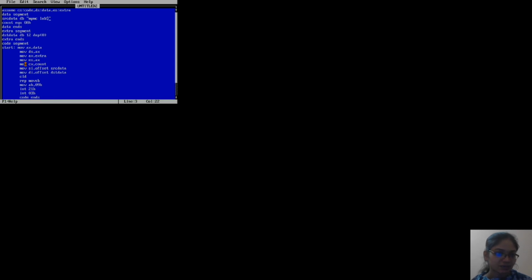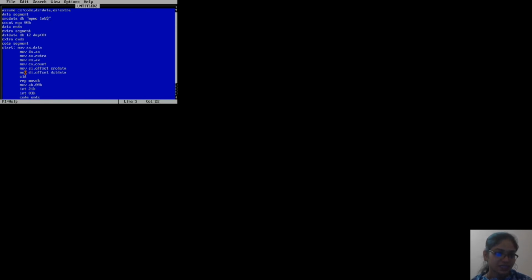The next is MOV CX, count. This count is moved into the CX register. We know that our count is 08. The next instruction is MOV SI, offset source data. Through this instruction, the offset of the source data is moved into the SI register.